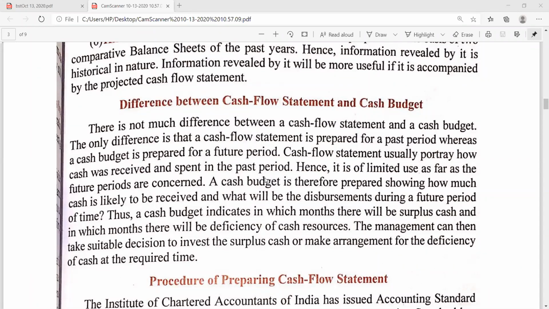Yes, the difference between cash flow statement and cash budget. There is not much difference between the cash flow statement and cash budget. The only difference is that the cash flow statement is prepared for the past period, whereas the cash budget is prepared for the future period. Cash flow statement usually portrays how cash was received and spent in the past period. Hence, it is of limited use as far as the